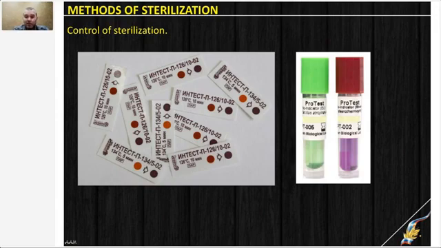A similar method we have is thermocapsules or thermocouples. They are shown in the right part of the slide. It is a tube, a simple test tube with some powder or some substance added into that test tube. And again, initially they have one color. After sterilization, if the sterilization is correct, they will change the color according to instruction. The method again is simple,